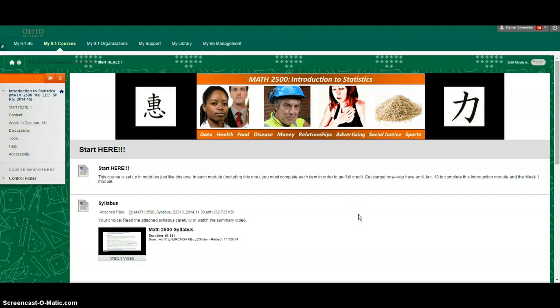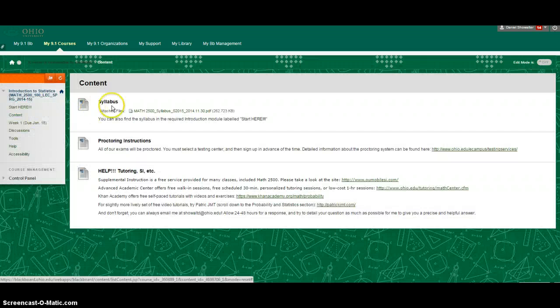Okay, wanted to go over a couple quick things about the course. First of all, over on the left-hand side of your screen is a very important bar. That's what contains all the different links to the modules. You've already found the Start Here one, obviously, to get to this video. The content right now just contains syllabus, explanations on how to get your exams proctored, and a few different sources